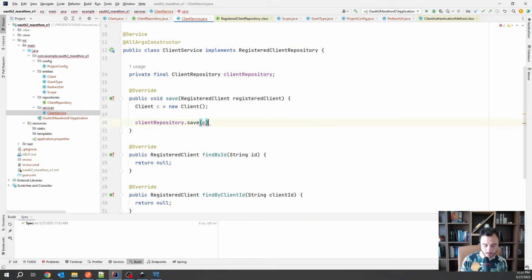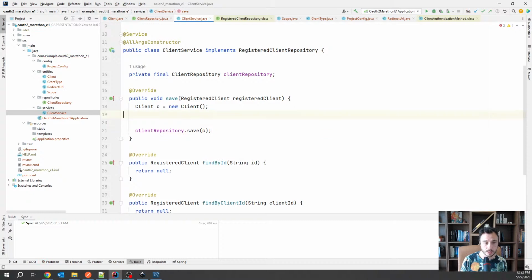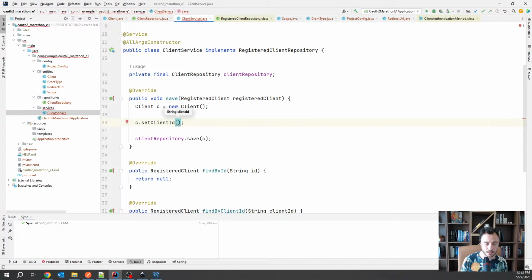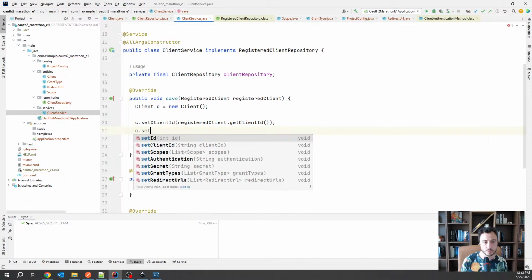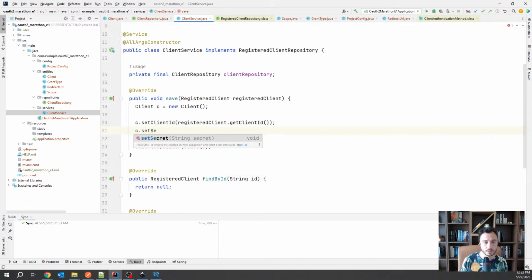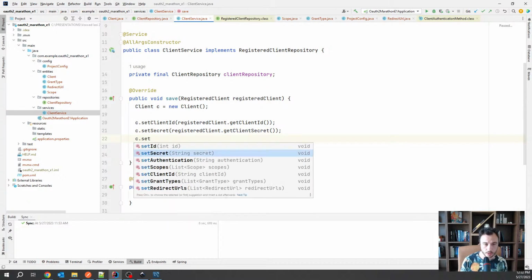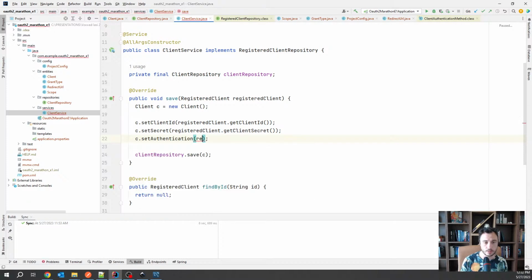And then save it. Of course, I don't want to save it empty, so what I want to do is set some of the things from here. So set ID, I don't need to set an ID because I will have it auto generated, but set client ID will come from here, get client ID, and then I will have to go with all this secret, and then it will be registered client, get client secret, then authentication, and then it will be registered client,